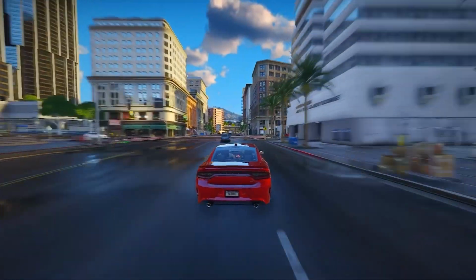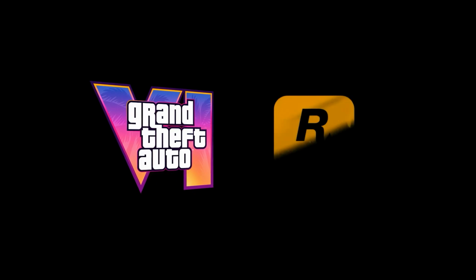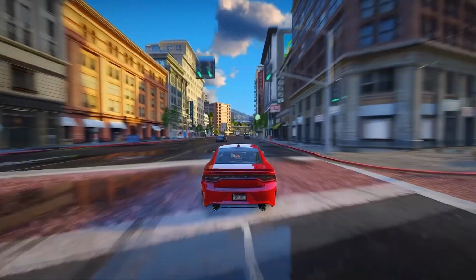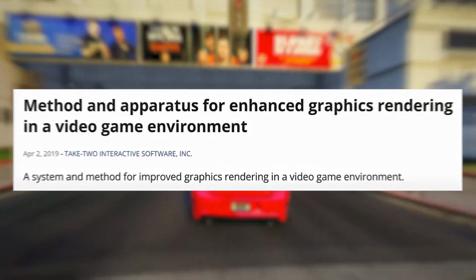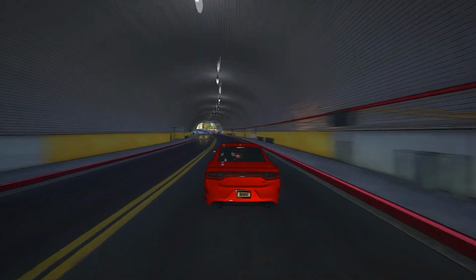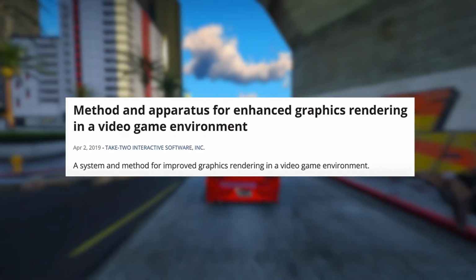Hey there! In this video, we're diving into an upcoming terrain system in GTA 6 brought to you by Rockstar Games. Additionally, we'll explore some cool graphics enhancements like ambient occlusion, global illumination, and material tinting slated for the next GTA. The scoop comes straight from an official patent filed by Take-Two Interactive, Rockstar's parent company. So let's kick things off by checking out the patent titled Method and Apparatus for Enhanced Graphics Rendering in a